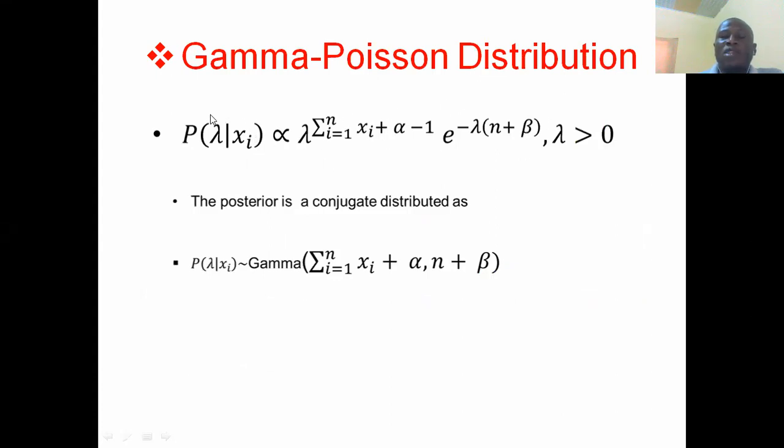Can you see that? So that means your lambda given the xi, that is the data, is going to be proportional to lambda to the power xi plus alpha minus 1. And then here we are going to have e to the power minus lambda multiplied by n plus beta. So you can see that n plus beta is, remember the gamma distribution is distributed as